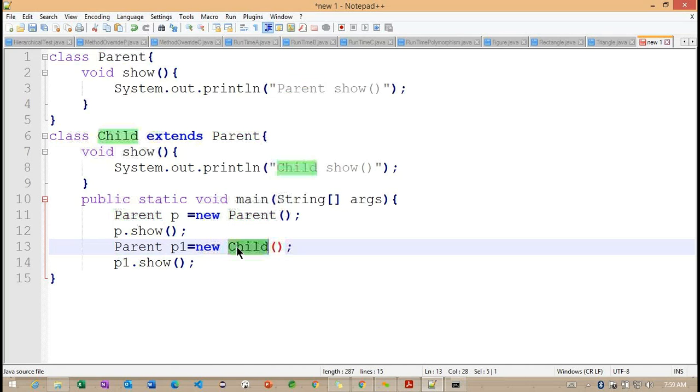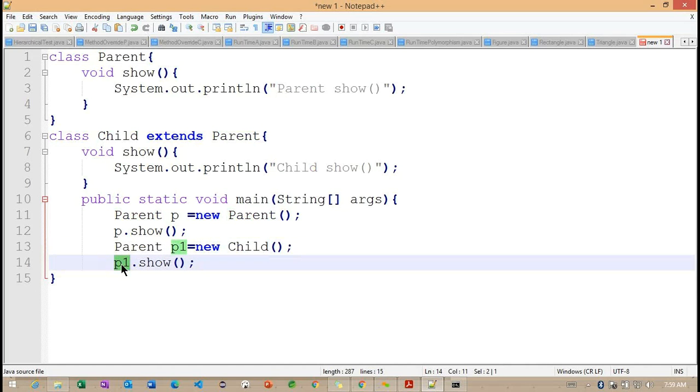Getting the point? Object we are creating for the child class, the type we are making for the parent here. So in that case, the compiler will check, and even though the reference is parent, the child class object's method is going to work here. Okay, so this is all about the simple example.